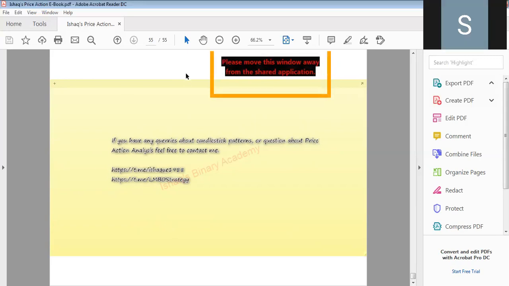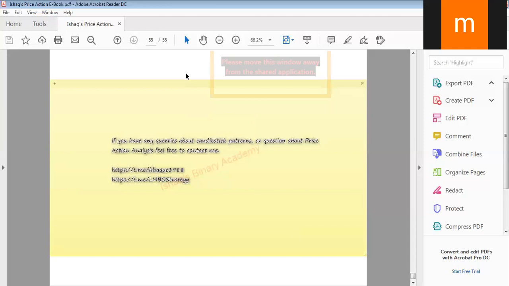Hello, sir. After a bullish engulfing, if we didn't see any retracement and the price rejected from the key level, you said, sir, don't take the trade as a call. Why not put a call there? What is the reason? Okay, can I answer now?